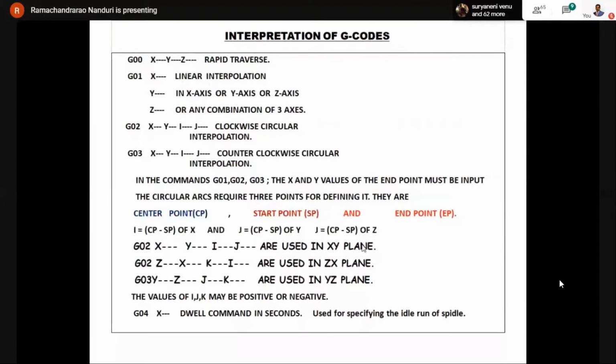So, here, before writing any program, we have to list out the coordinates of all the transition points on a paper, and use the G codes and M codes as and when they are necessary, and specify the coordinates in a sequence as they have been written in order.